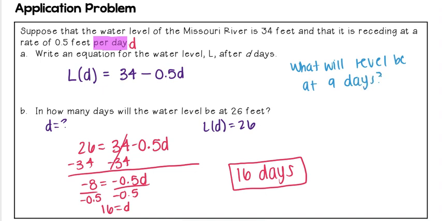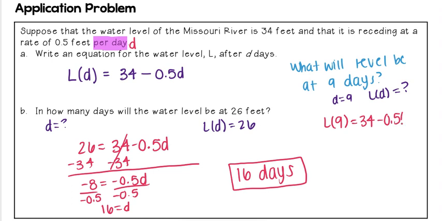And so if you're asked to flip around for that, this time I'm given what my D is equal to, and it says D is equal to 9, and I want to find what my L of D is equal to. And so to solve this one, I would plug in 9 into my function,